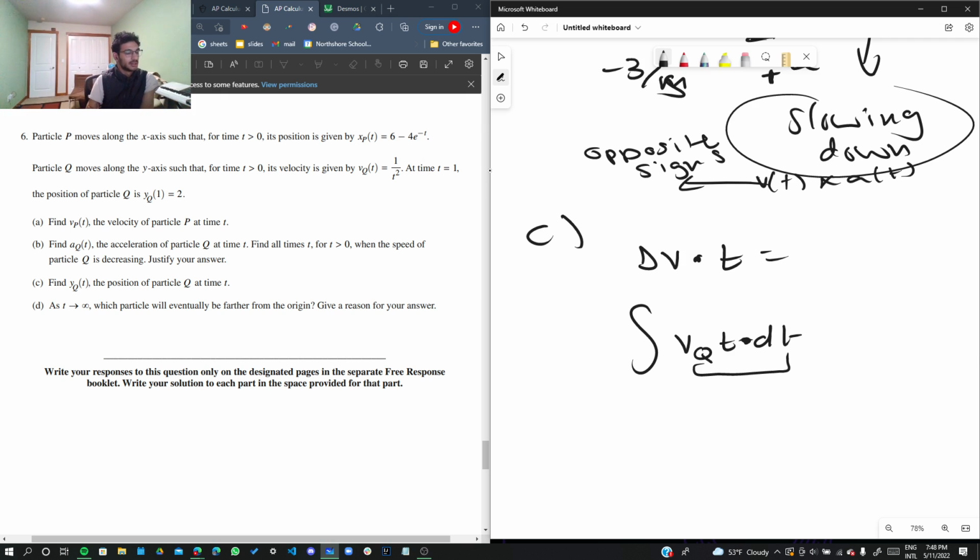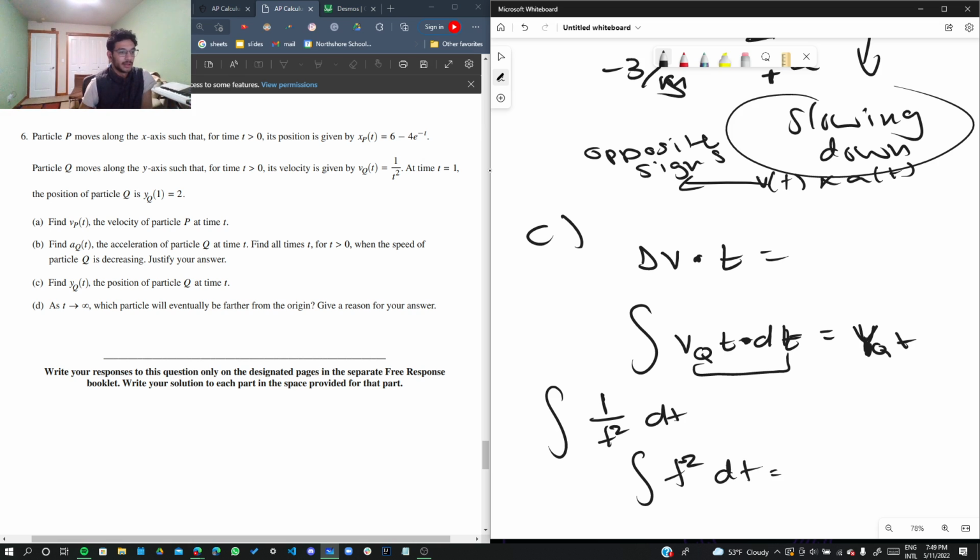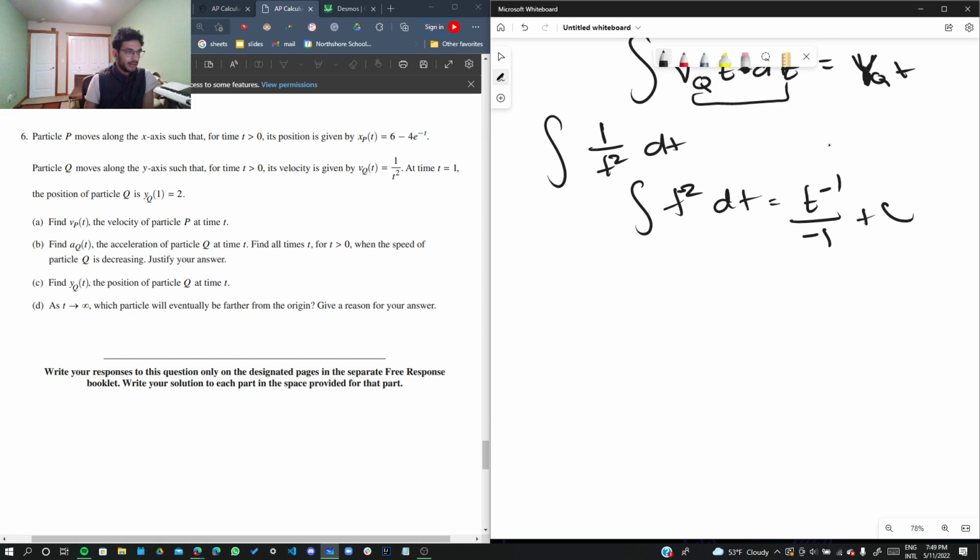Okay, if you were to just take the integral of this, that's yq of t. I hate v's and y's. They look exactly the same to me. But okay, that's just the integral of 1 over t squared. This is just t to the -2 dt. So now we just do the reverse power rule where we add 1 to the power, and then we divide by that power, plus c, right? So we have -1 over t plus c